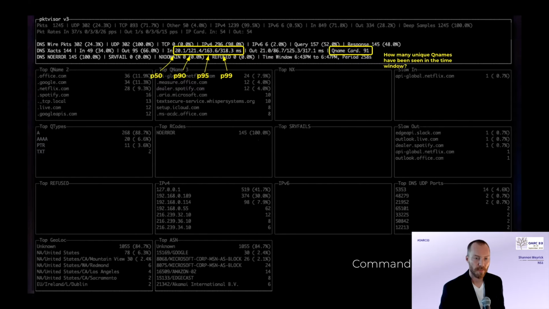And so the section below that gets into the DNS-specific stats. We see a similar breakdown in terms of how many DNS wire packets, UDP, TCP, and so forth. Now we see query and response counts, and then transactions. So it is matching up those queries and responses, and it's tracking it differently from in and